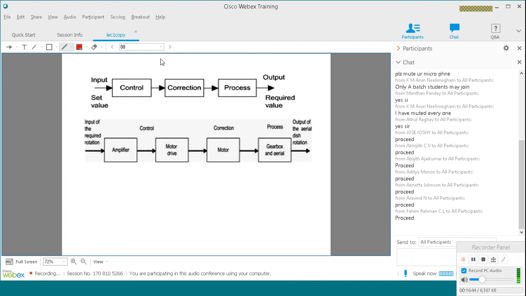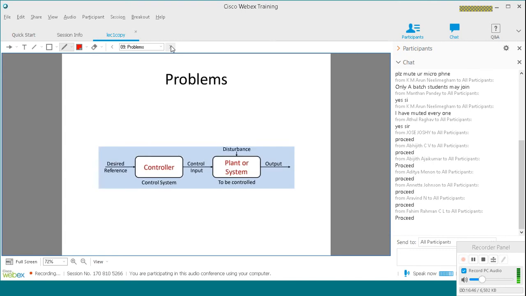So far so good. Then what is the problem of this? So you have a desired reference. You will design a controller for a particular desired reference. You will use a particular controller for a particular desired reference, and the output is a desired state. Okay, that's fine. But the problem is